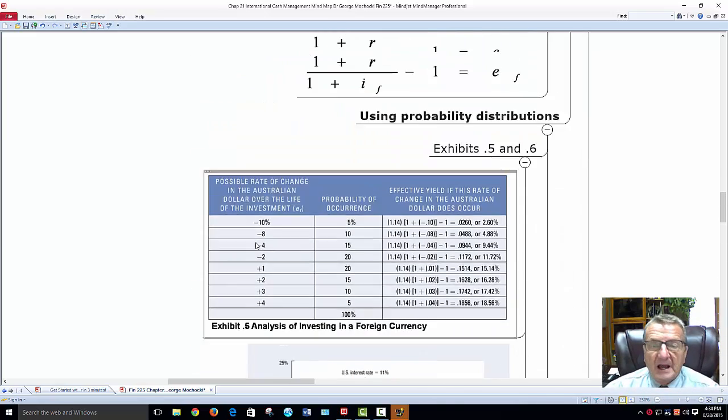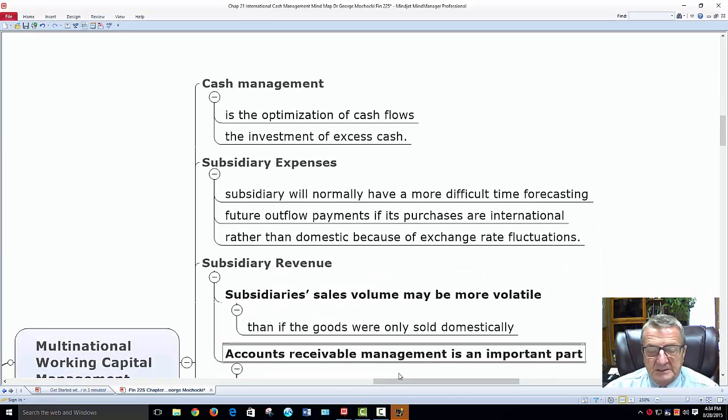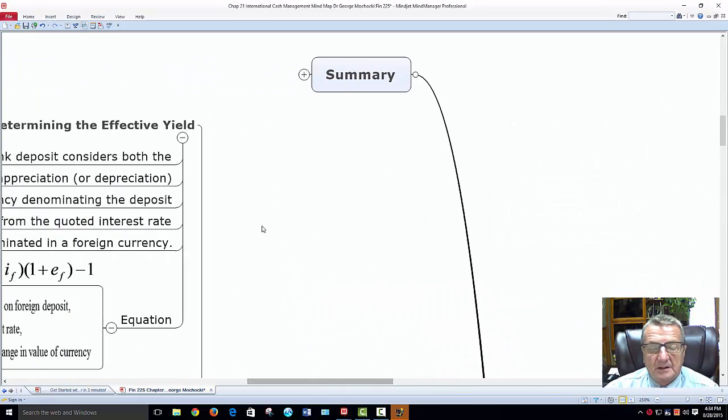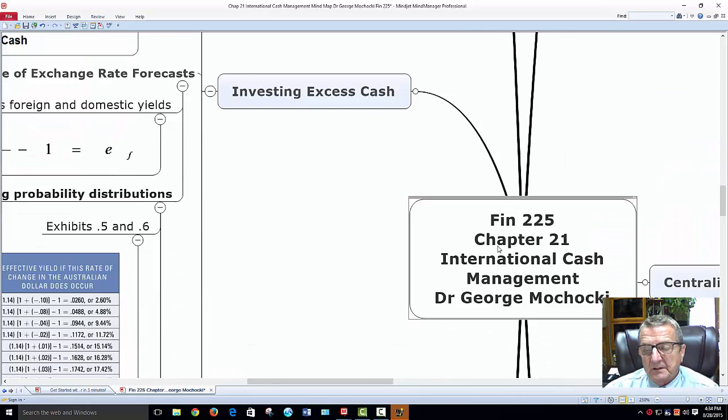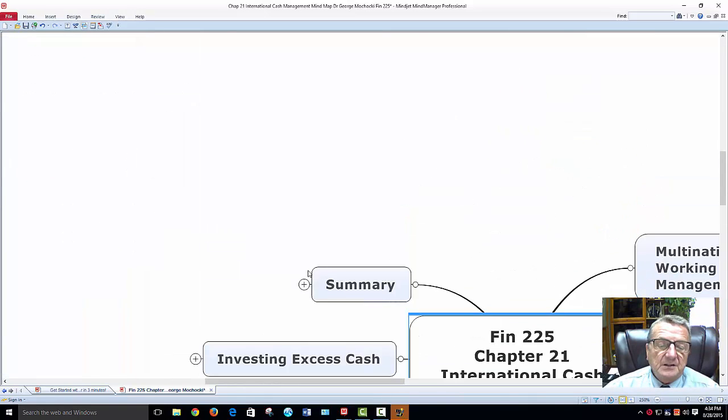Okay? All right, now we're almost done to our summary. Remember, I'm leaving it out. I close it all off. Where did I go? Yeah, went too far. Here we go. Okay, so let's look at our summary. Let me do it this way. Make it easier. Expand. I just close it down one level. Okay, let's go into summary.